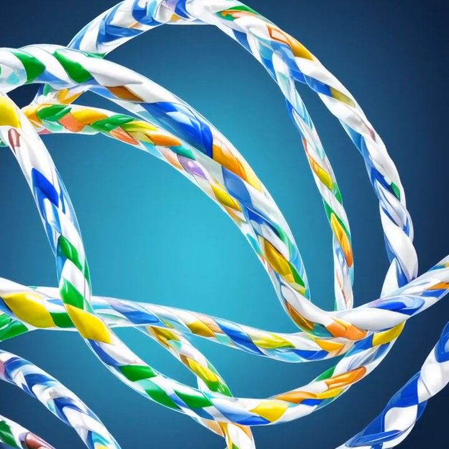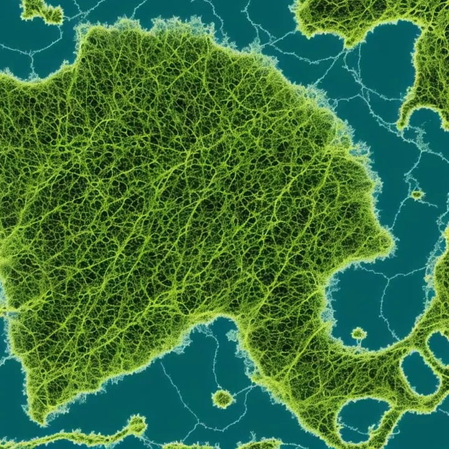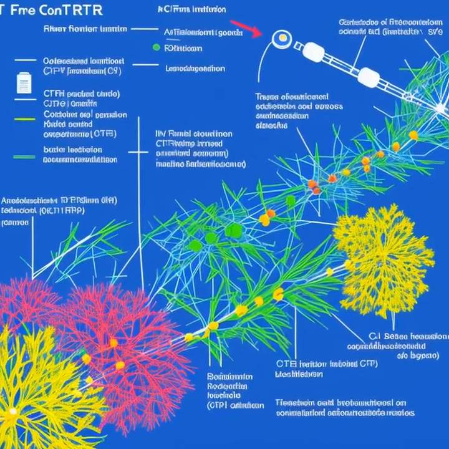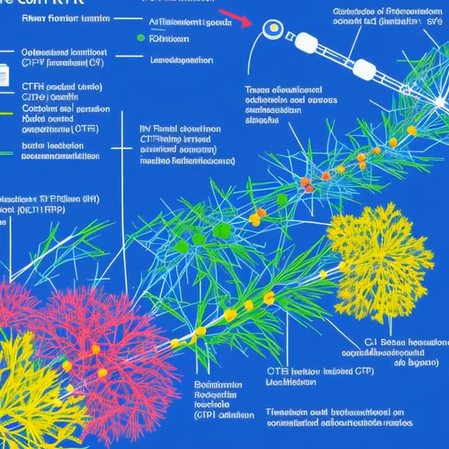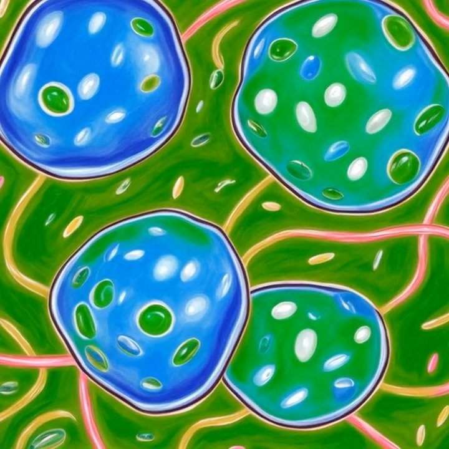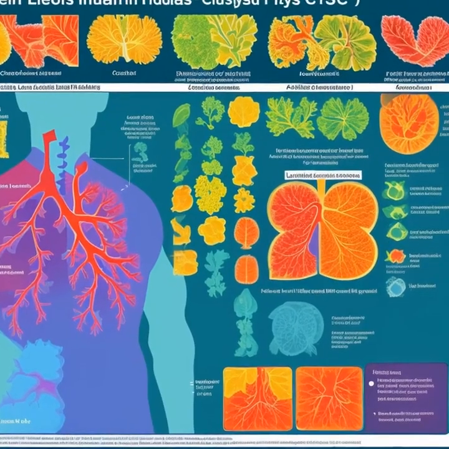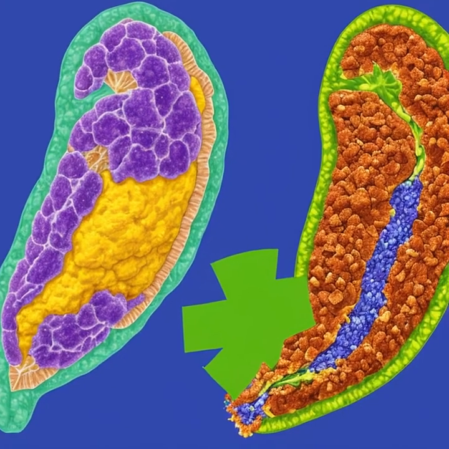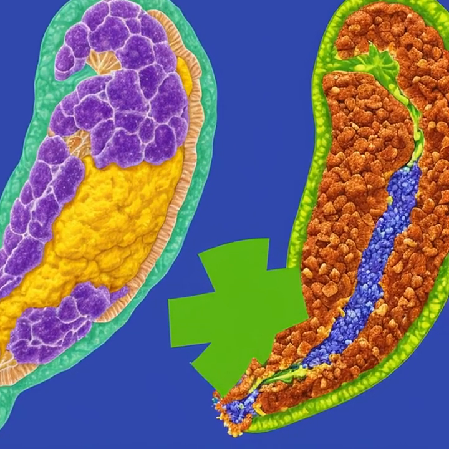Let's dive into the genetic basis of cystic fibrosis. Cystic fibrosis is a genetic disorder that primarily affects the lungs, but can also impact other organs like the pancreas, liver, and intestines. The root cause of this condition can be traced back to mutations in a specific gene called